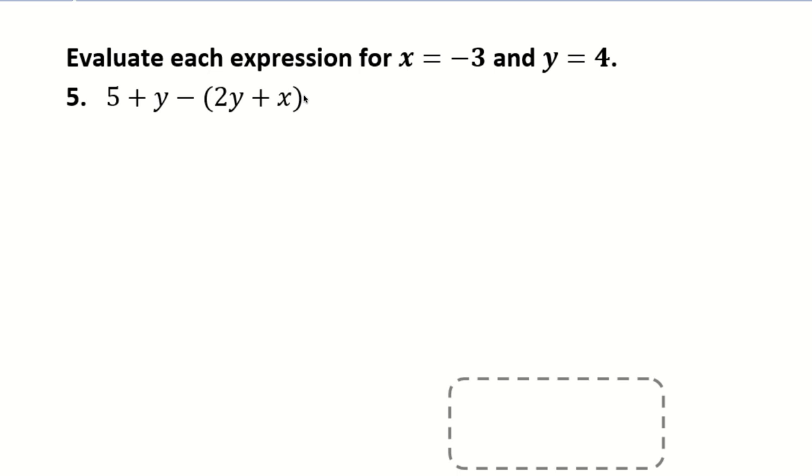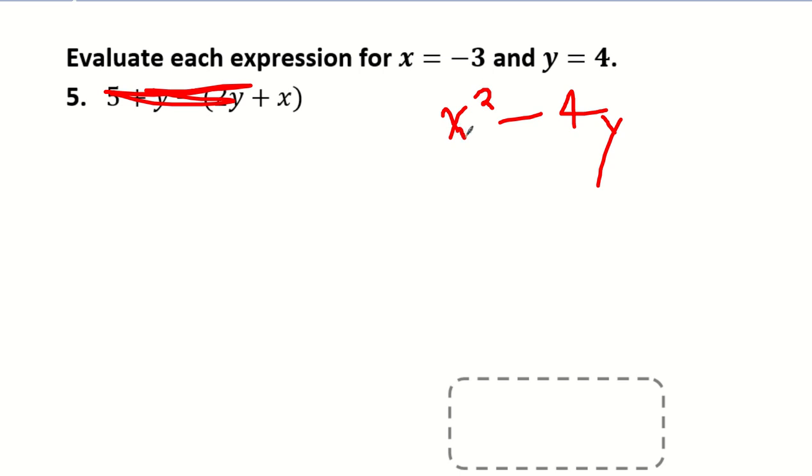But on today's assignment, I think the biggest trap potentially could be if, let's say on this problem it wasn't this, it was like x squared minus 4y. Let's just leave it at that. And so if you're trying to evaluate x squared and x is -3, just remember that